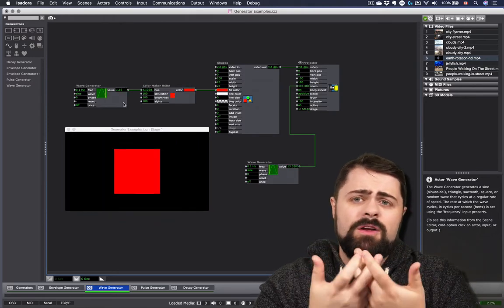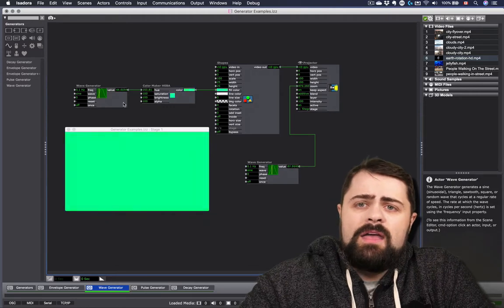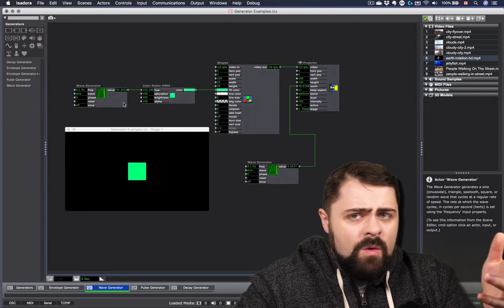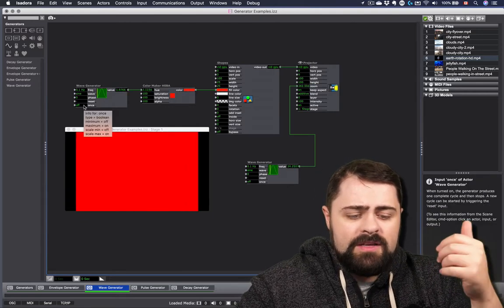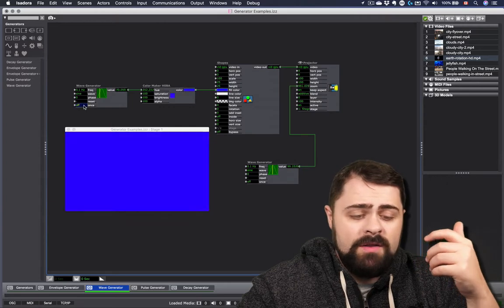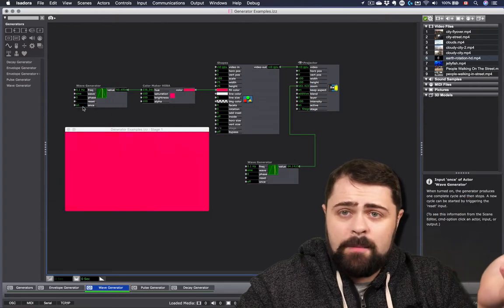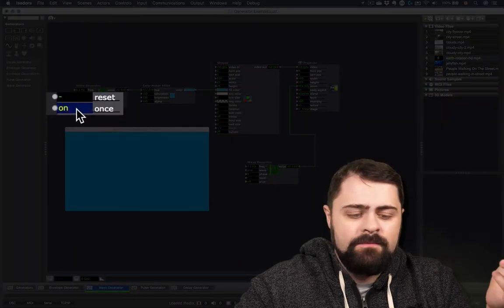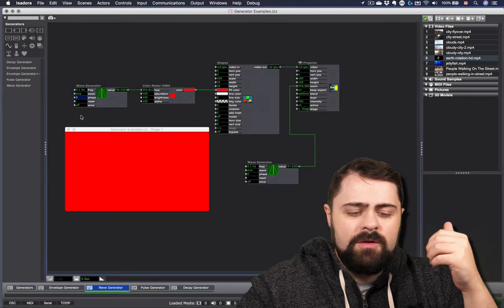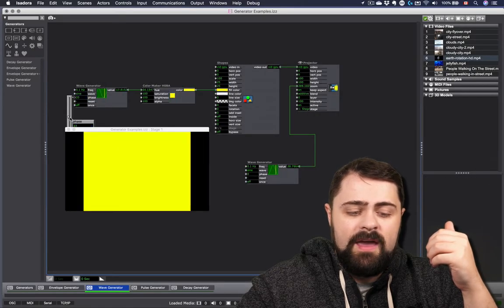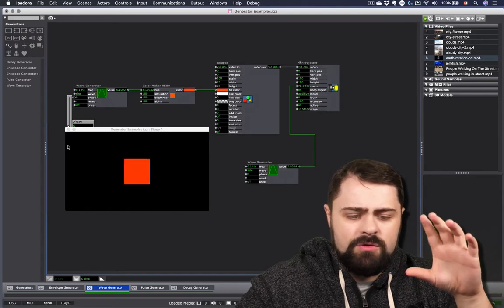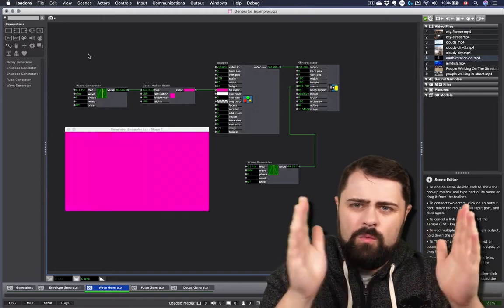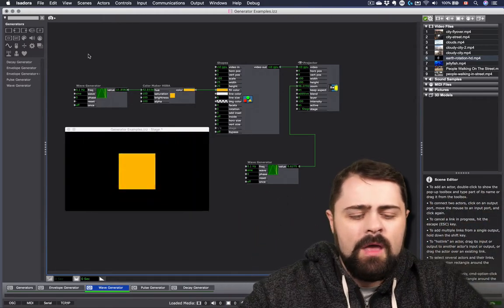This really is something that requires a lot of play to figure out what kind of effect that you're actually going to create. As a few final notes about the wave generator, it is possible to set it to only fire once, in which case it stops once it creates its wave, and then we do have to hit the reset button to trigger it again. And we can also adjust the starting point of the wave by changing the phase. And this is really useful if you're putting in multiple wave generators and you want to kind of stagger them so they're not all working perfectly in sync with one another.